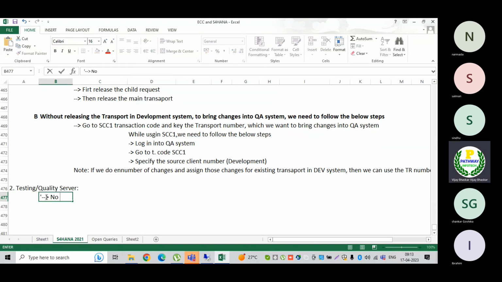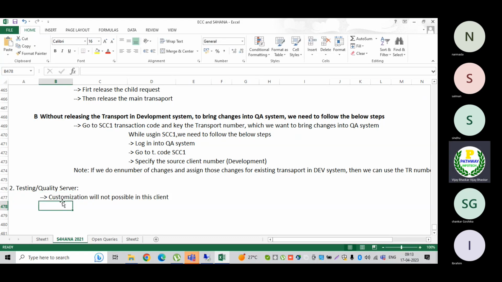No customization will be possible in this client.